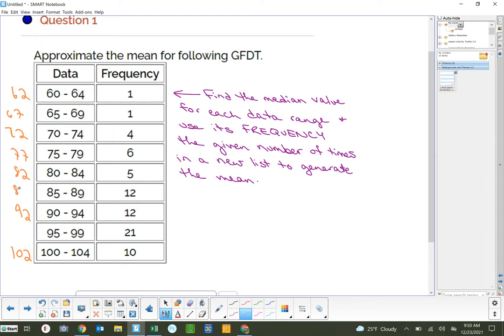77, 87, and 97. And then you'll notice the frequency. So I told you here to find the median value. We just did that. And use its frequency, the given number of times, for a new list to generate the mean. So if I have the median and the frequency, I'm going to go just 62 times 1 is going to give me a 62. And I'm going to make a new list. So 67 times 1 is 67. Then I'm going to get to 72 times 4